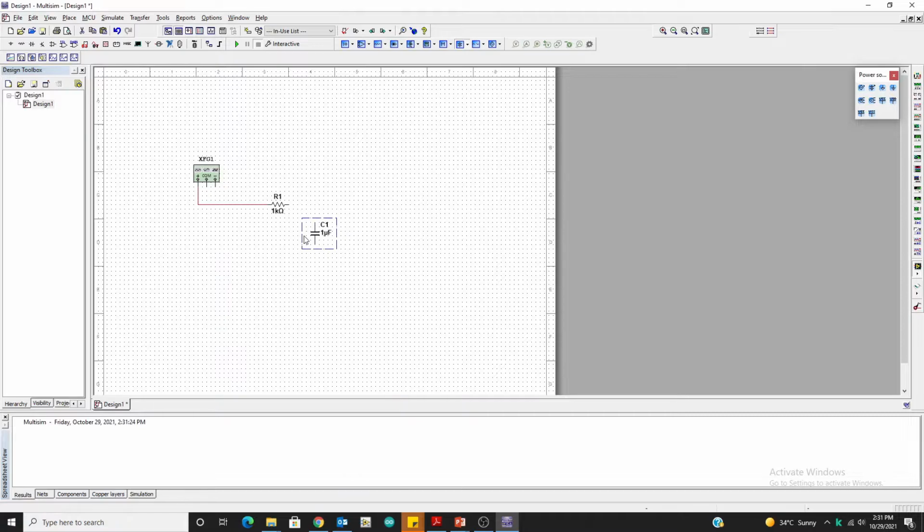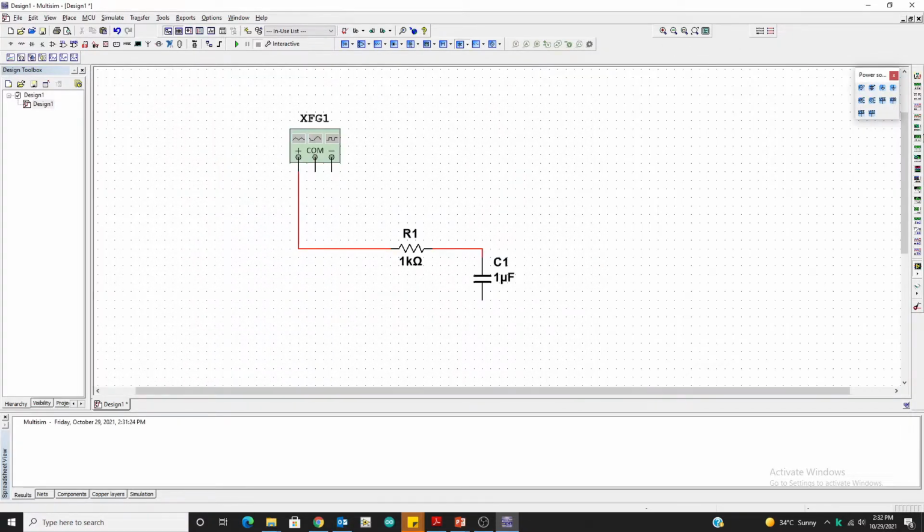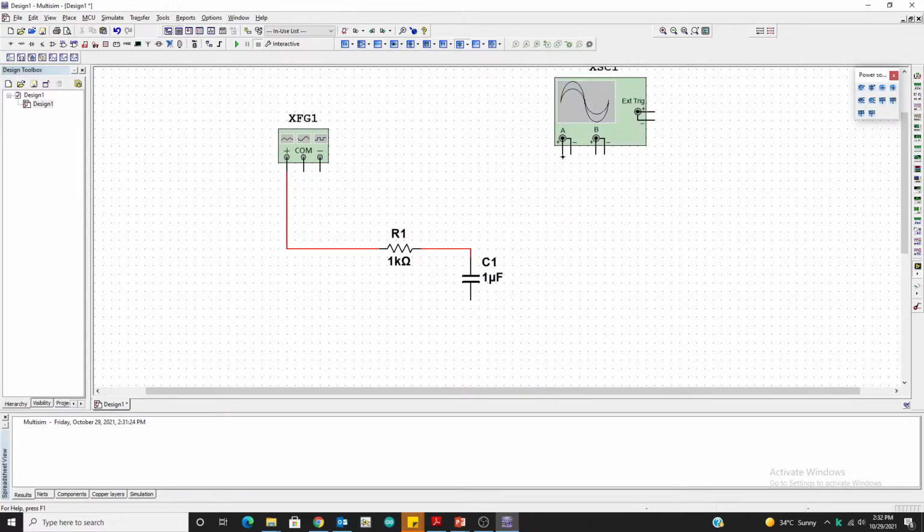We are going to flip it like this and connect it. We need an oscilloscope so we can visualize our waveform here.